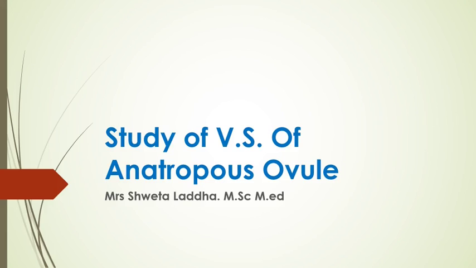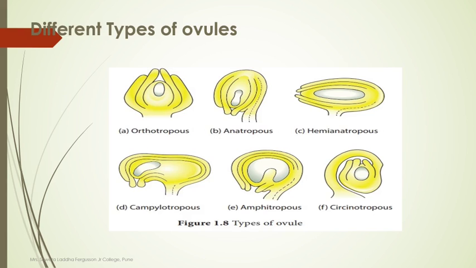Hello students, let us start with the next practical. We are going to study VS of Anatropous ovule. This practical is asked for 1 mark just for identification. It is explained on page number 83, and before we start with the Anatropous ovule, you should know that there